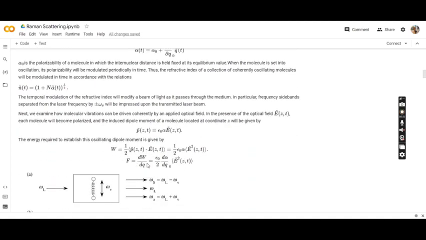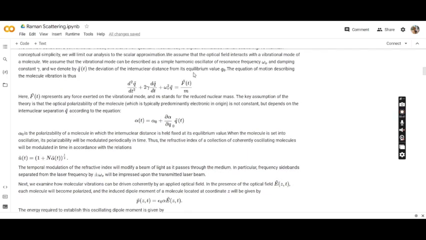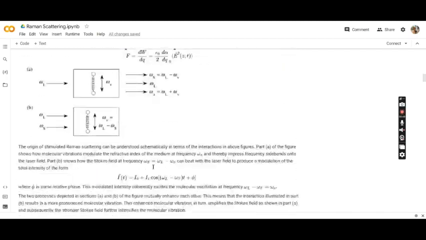interaction energy and differentiating by the distance to get the force term. And this E will also have the anti-Stokes component, so this will change, and hence the force term will change, and hence the right hand side of this will change. Here Q represents the internuclear distance of a molecule deviated from the equilibrium value,